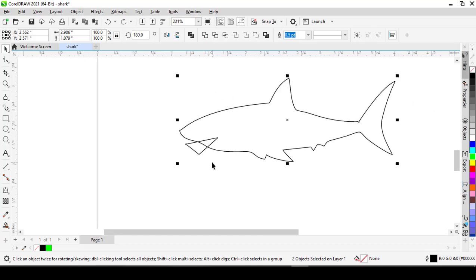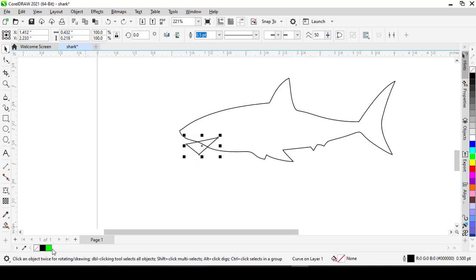When you want to multi-select objects, click on the first one, then hold shift and select the others. That way every object is selected. So now I've selected the triangle and the shark. The next thing is there are a couple of options that will appear on the properties bar. I need to use the back minus front option because we want to keep the back shape minus the areas that the front shape has touched and the front shape itself. Since the green is the front shape and the shark is the back shape,